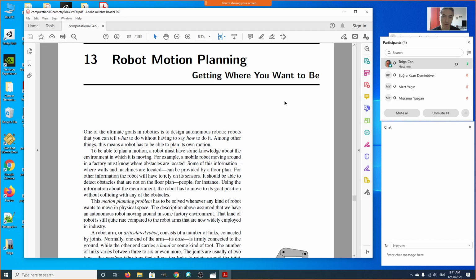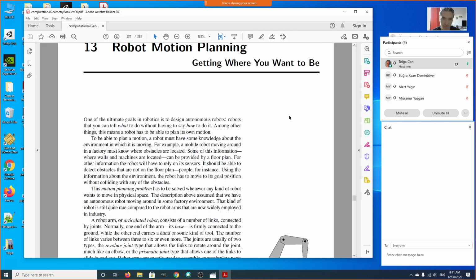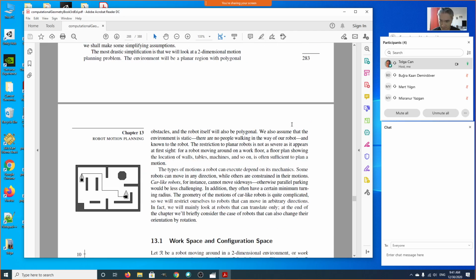All right, so the motivating problem in these last 2 weeks that we are going to talk about. The last two chapters that we are going to discuss in this course are chapter 13 and chapter 15. In chapter 13, we are going to talk about robot motion planning, and our goal will be to find